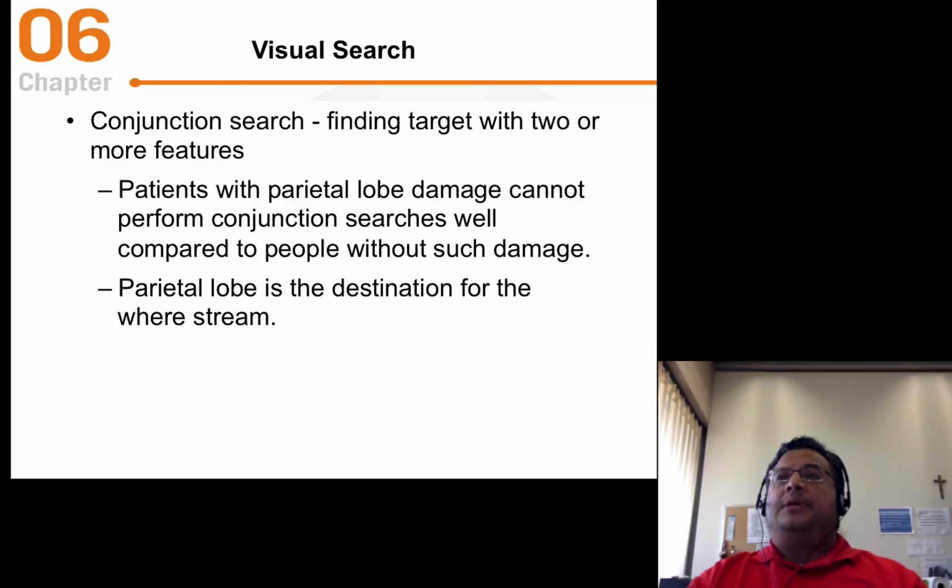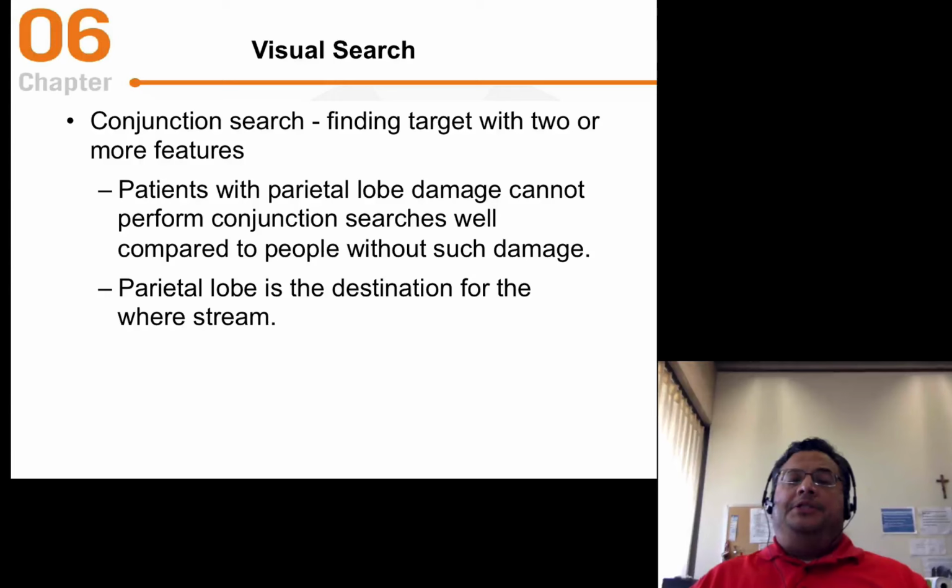In other words, if you were to ask a parietal lobe patient to go and search for a moving blue car, they would have a really tough time finding a moving blue car, as opposed to just finding a car or a blue car, or a blue object of some kind. And again, as I mentioned earlier, parietal lobe damage is generally associated with this type of deficit,